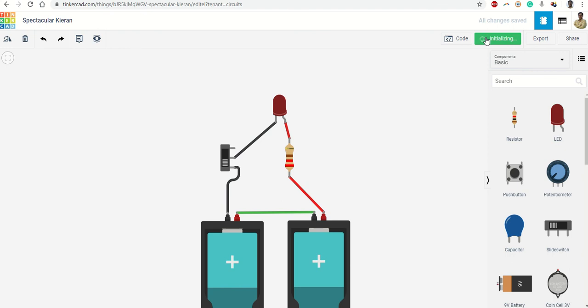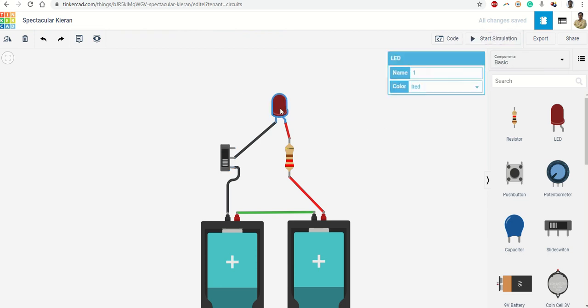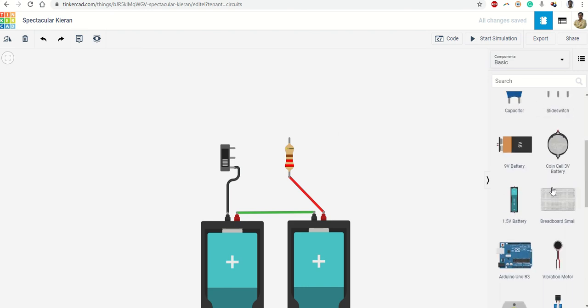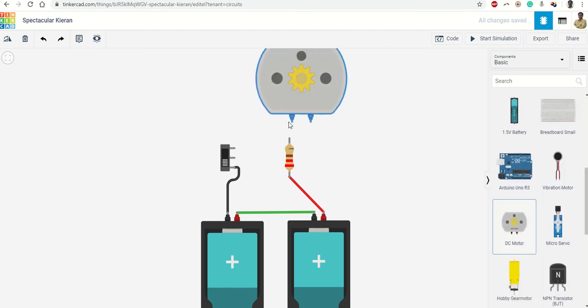So when I start the simulation, and if you switch on or off, so this is on and this is off, you can see that the LED is getting on and off, the circuit is getting completed or cut off. So we can bring more components in the same way. So I stop the simulation, and now what I do, I remove the LED and I bring a motor.